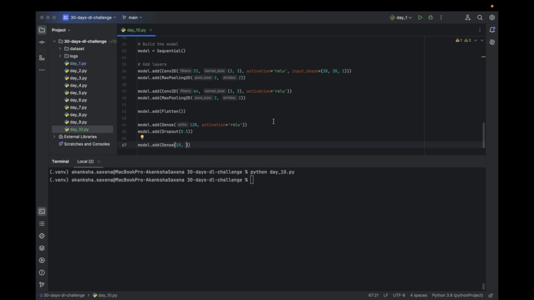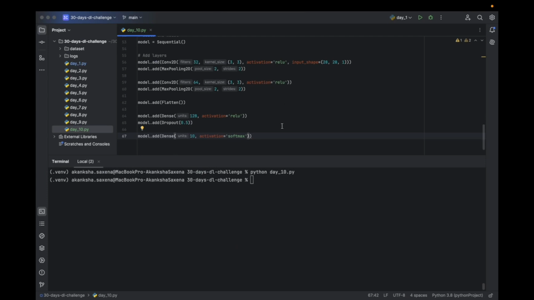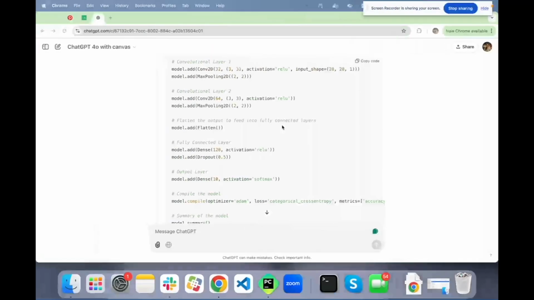Since we want to predict, we are going to have the activation function as softmax, which is going to output the neurons in the form of probability, and the sum of the output values of all the 10 neurons is going to be 1, since the total probability is going to be 1, right? So once done,